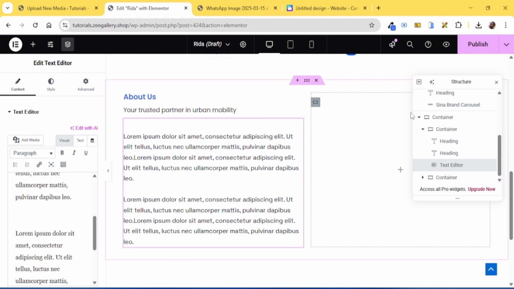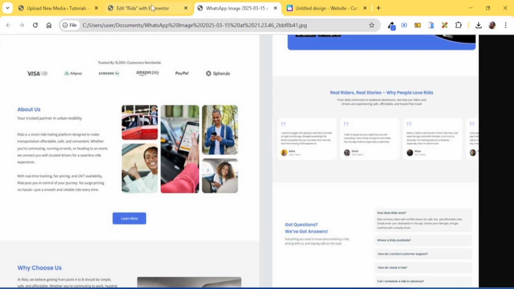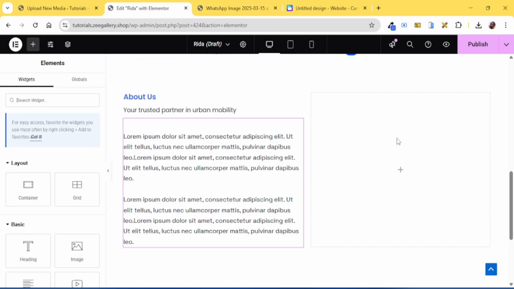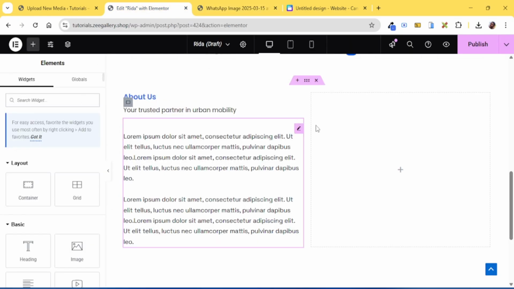So for this next section here, I want you guys to be very careful, because we'll be creating some kind of container, some crazy container. Now looking at this, we have two containers. We have 1 2 3 4 5. We have 5 here. So what I'm going to be doing first is I'll go here and drag in a